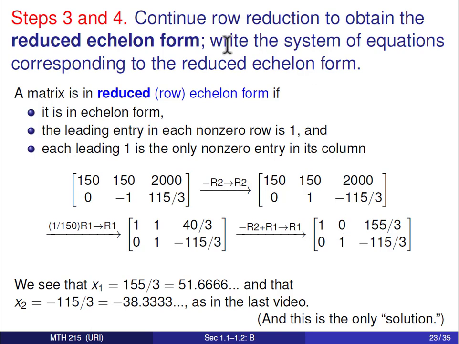After you have gotten your matrix into reduced echelon form, which we now have, step 4 is to write the system of equations corresponding to the reduced echelon form. If I go to this reduced echelon form and read off the equations that go with each row, I'll see that x1 is equal to 155 over 3, or in decimal form, the repeating decimal 51.6666... The second row of the matrix corresponds to the equation x2 is -115 over 3, which in decimal form is